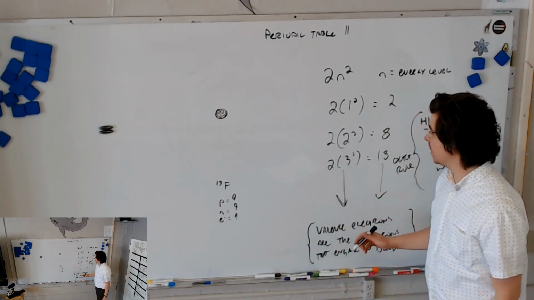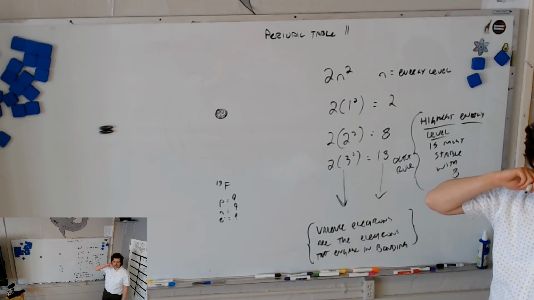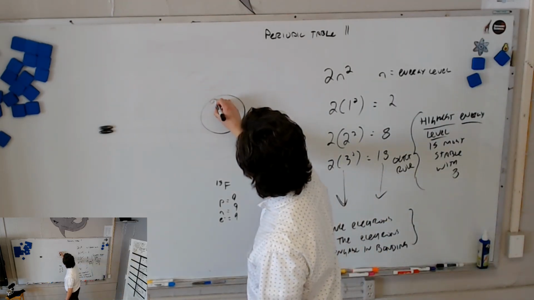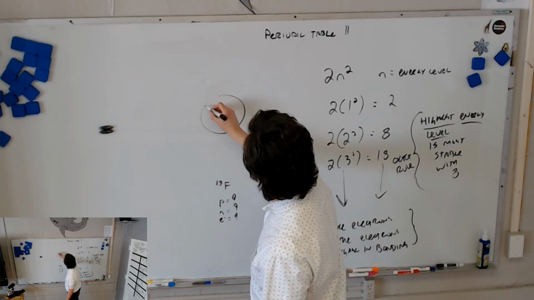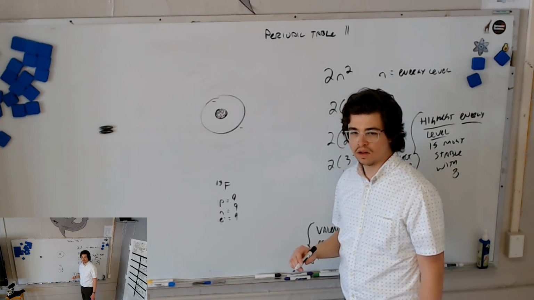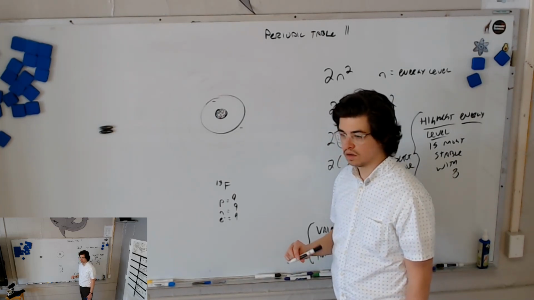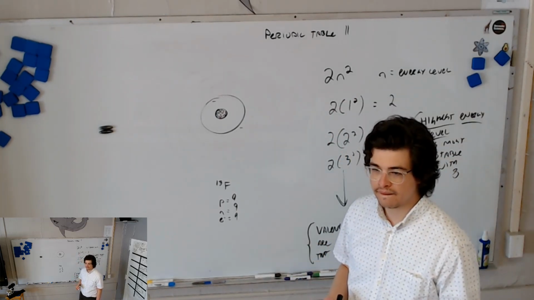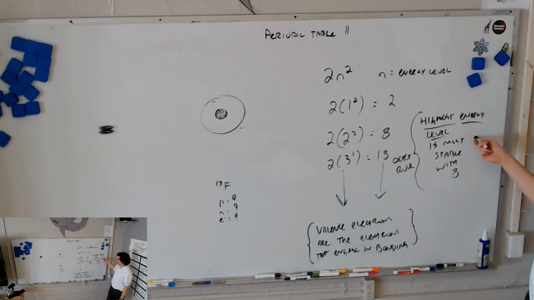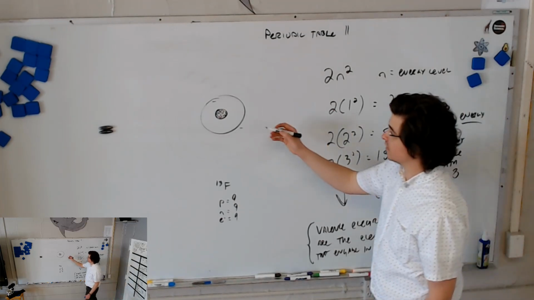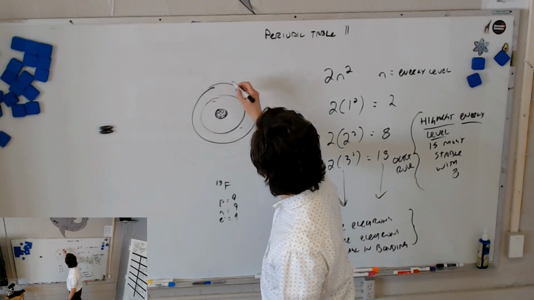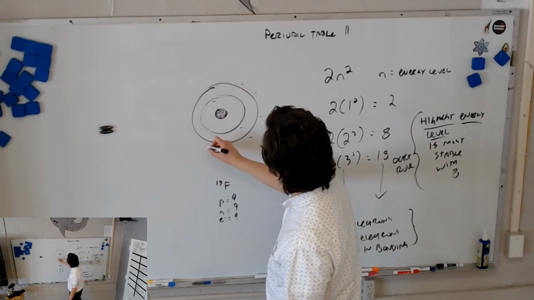But remember what we just said. How many can fit in the first energy level? 2, right, because of this. Only 2 can fit in the first energy level. So how many are in the second energy level? How many can the second energy level hold? 8. Remember, they can only hold 8 in the highest, so it's got to have 7, because there are already 2 in the first energy level. So 7 in the second: 1, 2, 3, 4, 5, 6, 7.